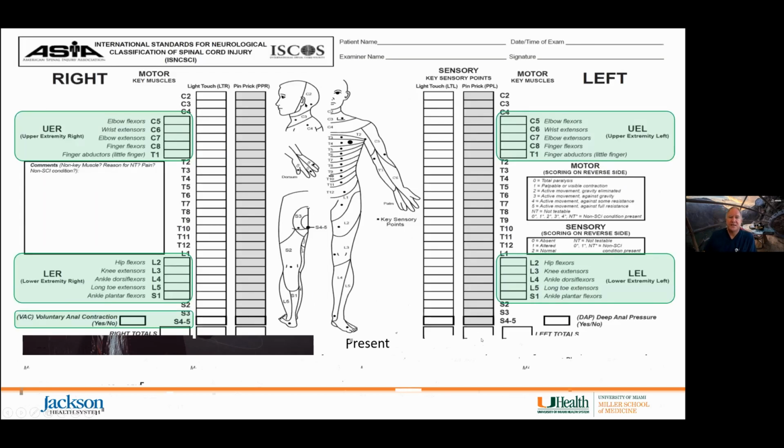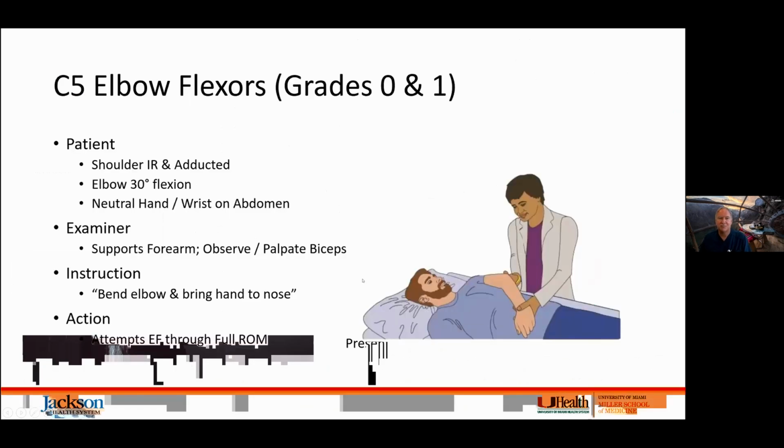So again, on the ISNCSCI evaluation forms, the motor testing, you've got 5 myotomes in the right upper extremity, 5 myotomes in the right lower extremity. You've got 5 myotomes on the left upper extremity and 5 on the left lower extremity. Also keep in mind that we're going to be testing voluntary anal contraction. That's a separate myotome, if you will, but it's going to be very important as we try to prognosticate how a person is going to do from there. So during this next session, I'm going to run through these fairly quickly because I want to be able to have some time to go through